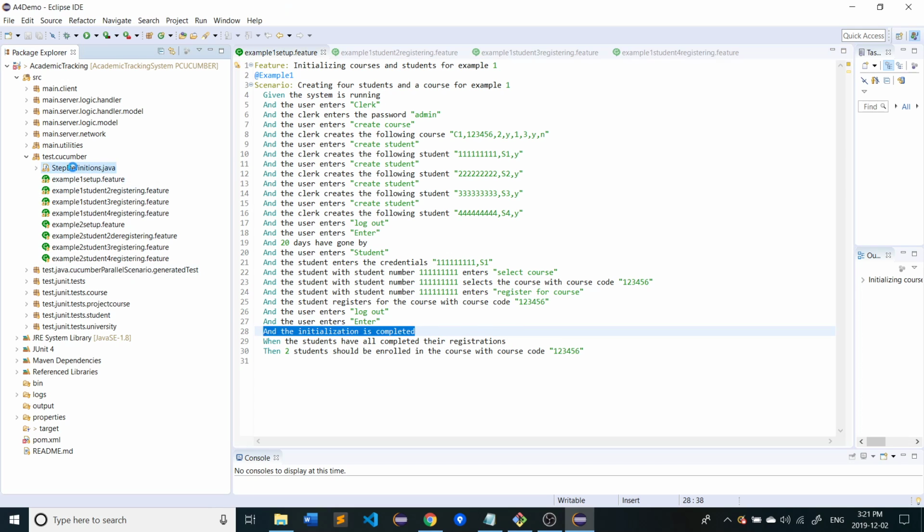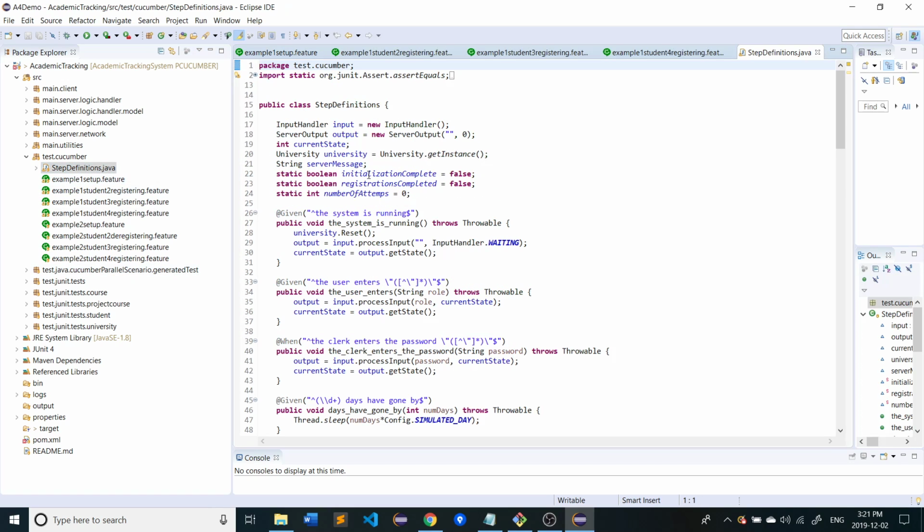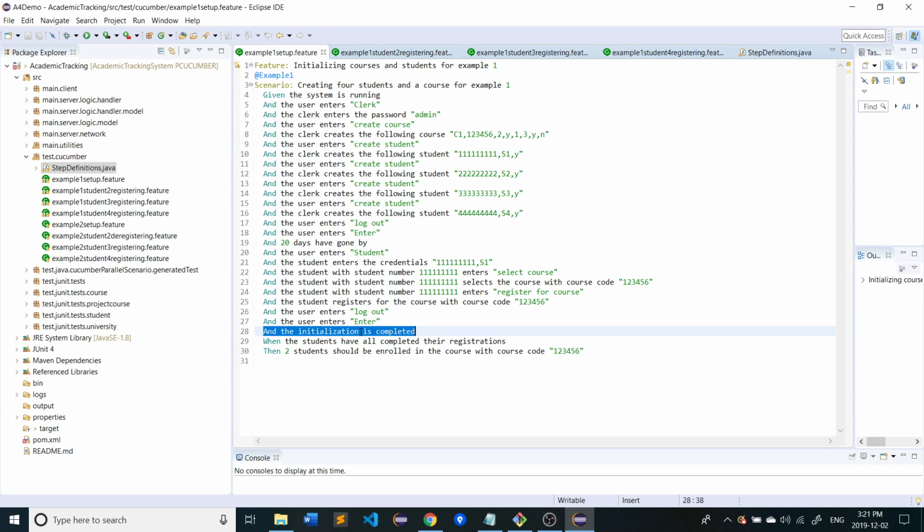So basically here in the step definitions, we have an attribute called initialization complete, which is originally set to false. However, once all of this is complete, then the initialization is